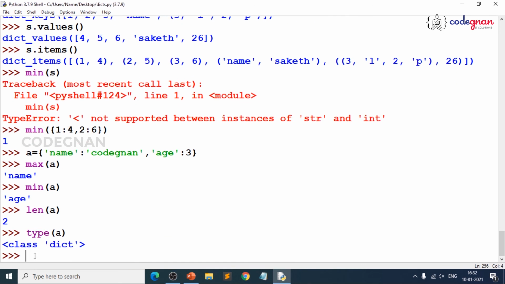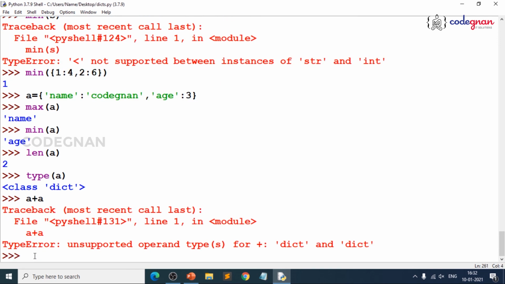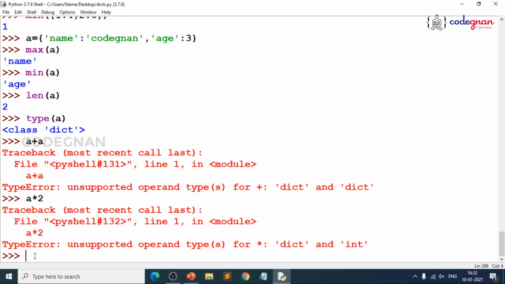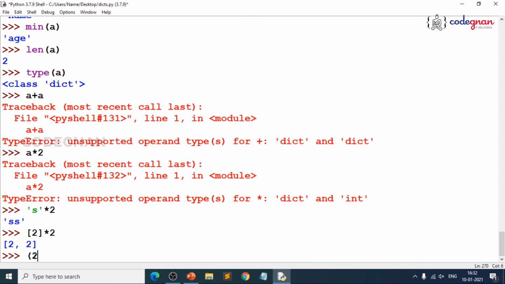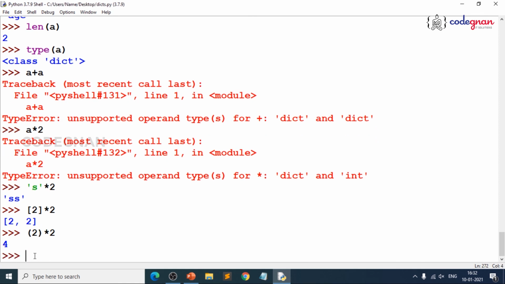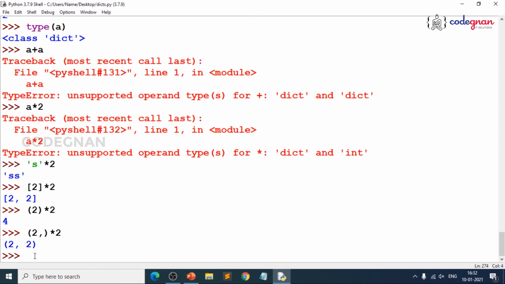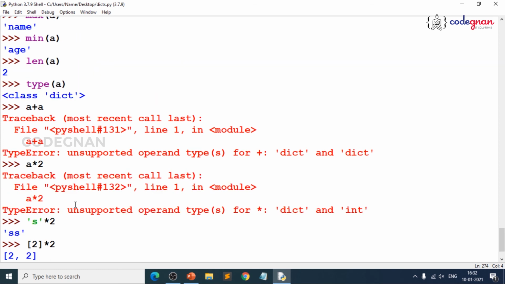So the same things can be expanded. That means if you try to add a dictionary again like this, it is not at all possible. You cannot add a set with another set, and the same is true for a dictionary. Is repetition possible? No. A dictionary cannot be repeated, but a list can be repeated, and a tuple can be repeated. Just always make sure that it is not a tuple, that it is an integer. If you write it like this, that becomes a tuple. Always stick to the basics we have learnt, the core logic.